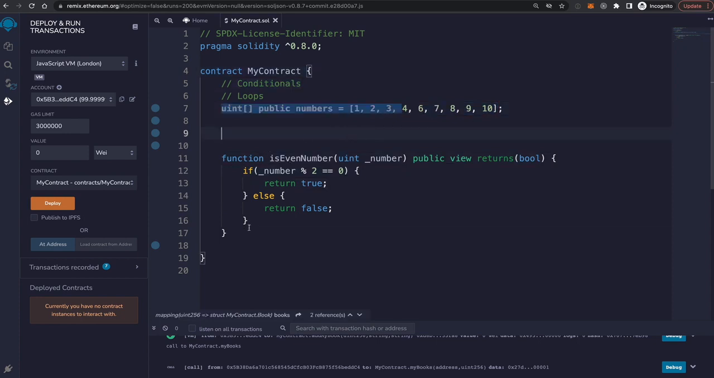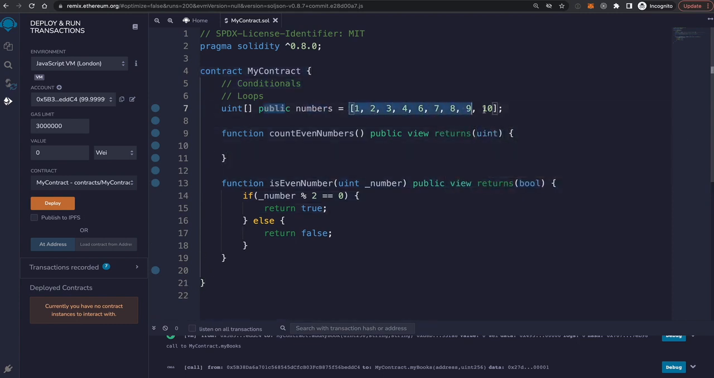So we can create a loop that checks each of these items inside the array to see if it's even. We did a function here that uses a conditional to see if it's even, and we can use a conditional inside of a loop with a function like this. We can say function countEvenNumbers, public view returns uint. So it's going to return the count. It's going to tell me how many even numbers are inside of here. In this case, it's going to be